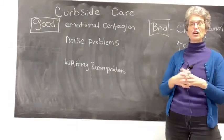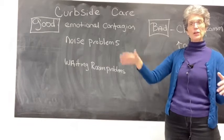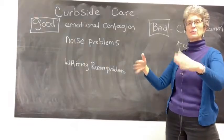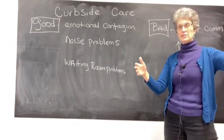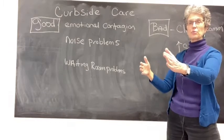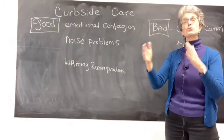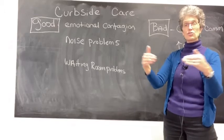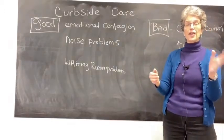We used to call it doggy traffic control at my practice, where when a dog was coming out of the exam room, the technician always checked the front waiting area, would ask somebody with another dog to stand in the other corner, and would literally escort the person out. We did the checkout, the payment, etc., in the exam room. But that was to avoid any potential dog-to-dog confrontation or barking,